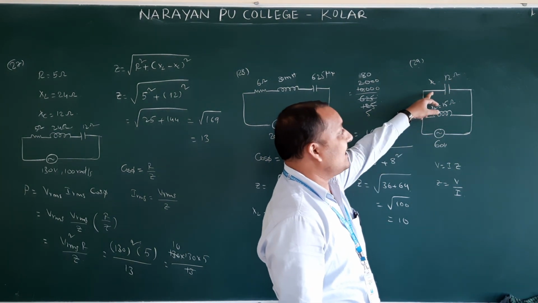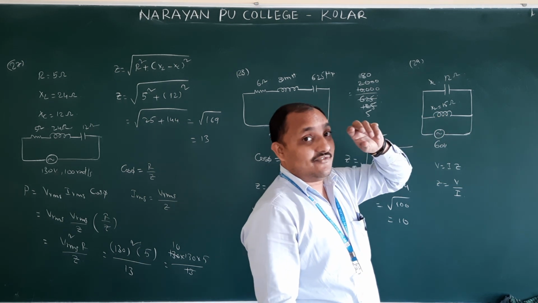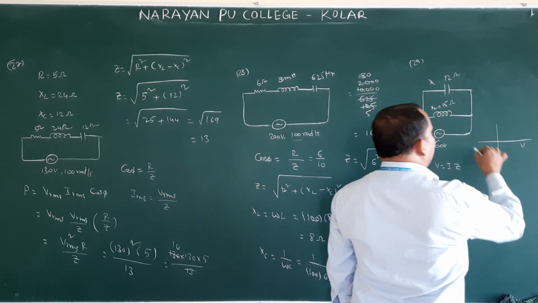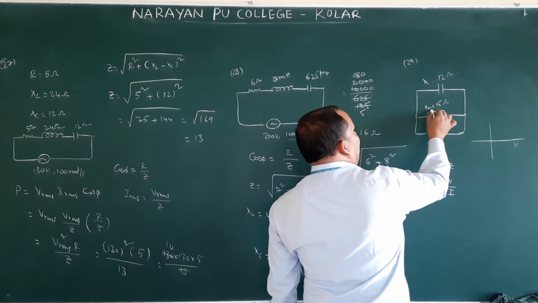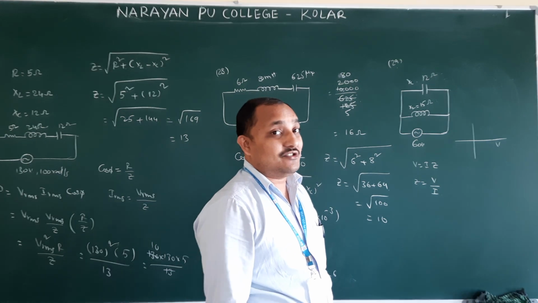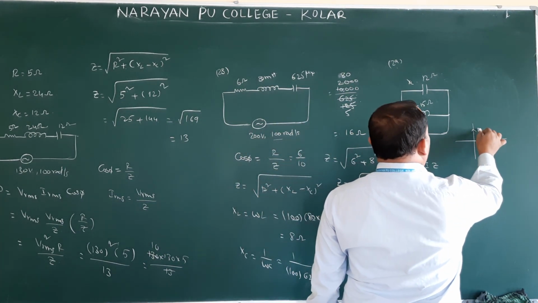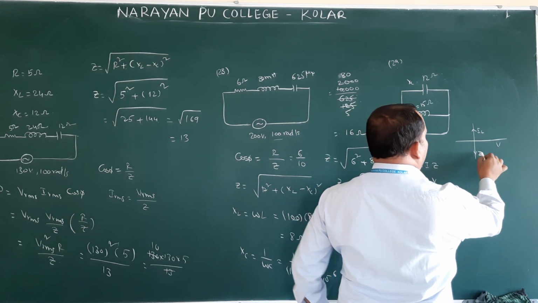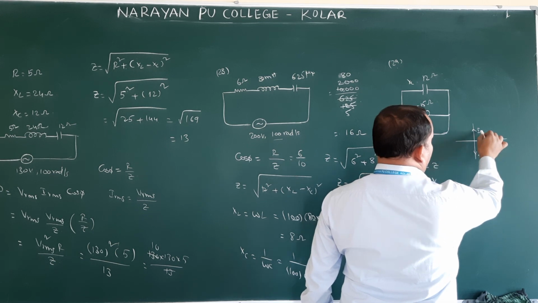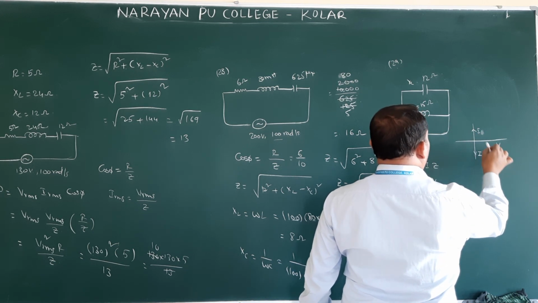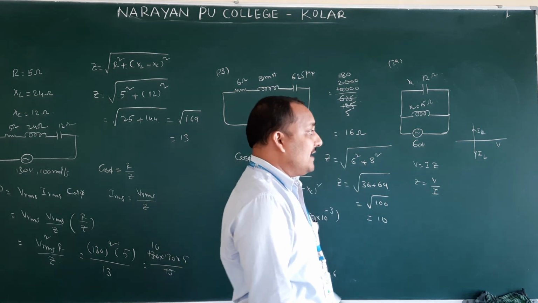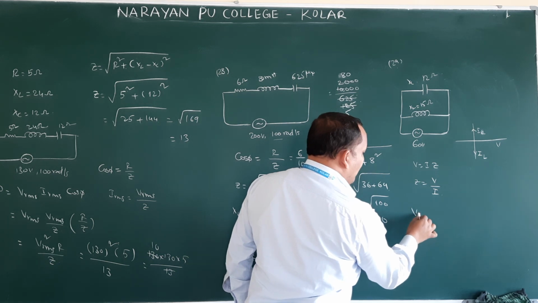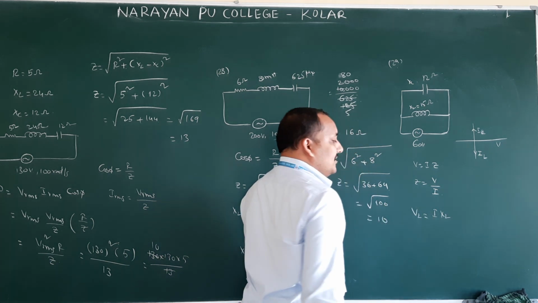Whenever they are connecting a capacitor and an inductor, we give the phasor diagram for current. Did you remember? In an inductor, the current is going to be lagging, therefore IL. In a capacitor, the voltage is leading, or the current leads. We have to calculate IL and IC. How will we calculate IL and IC? VL is equal to I into XL.